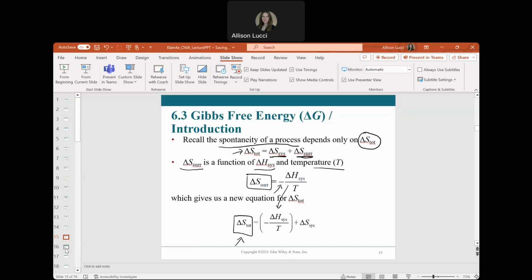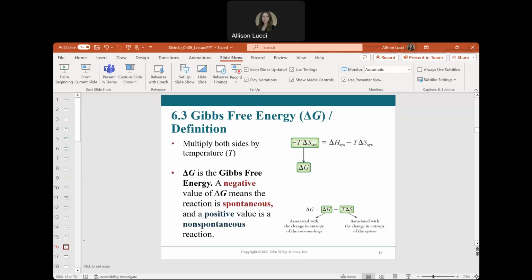So we'll look at how Gibbs free energy will be the sum of enthalpy and entropy values. So let's look at the definition, or the derivation, rather, of our delta G here. So we have our final equation that results, and this is what we're going to be most concerned with, right? So this Gibbs free energy is a factor of both the enthalpy term and we see over here the entropy